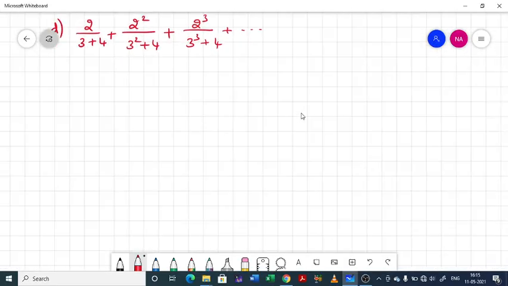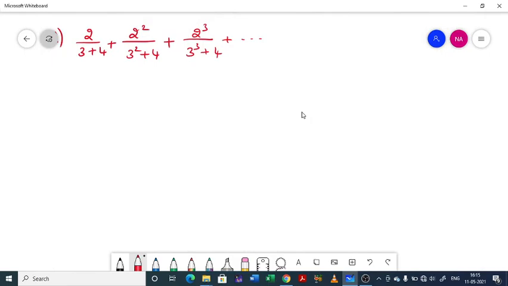Solution. Can we write the general term directly? 2 power 1 by 3 power 1 plus 4. Yes. See, this 4 is common. 2 is fixed. 3 is fixed. So the general term is